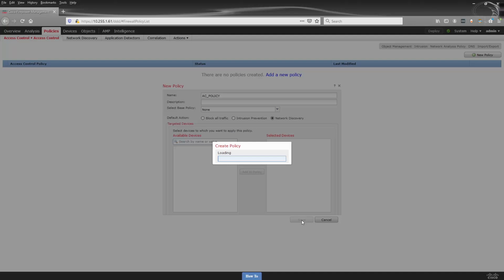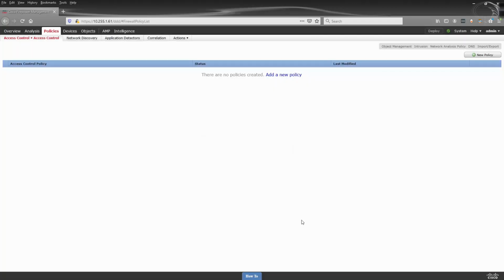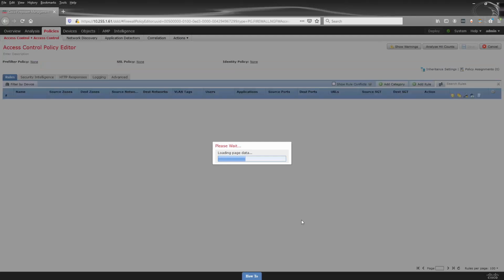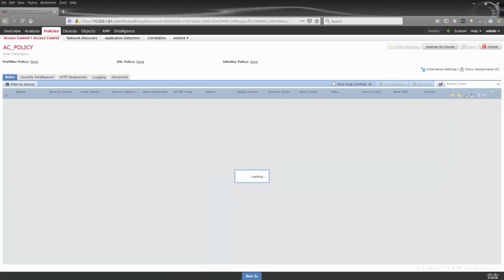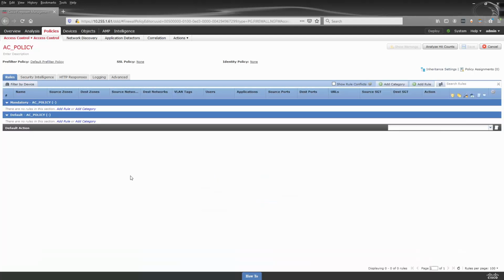I don't want to block traffic. I just want to discover traffic. So once that's done being created, which now we have, so the AC policy or access control policy, that'll be squared away here in just a moment. There it is. So now I get to go back over to devices, device management,